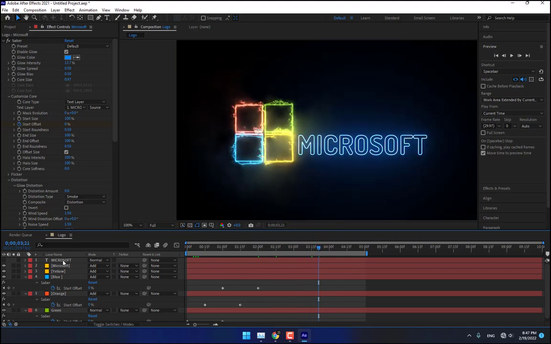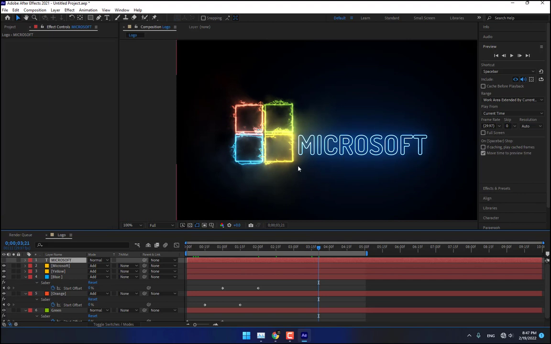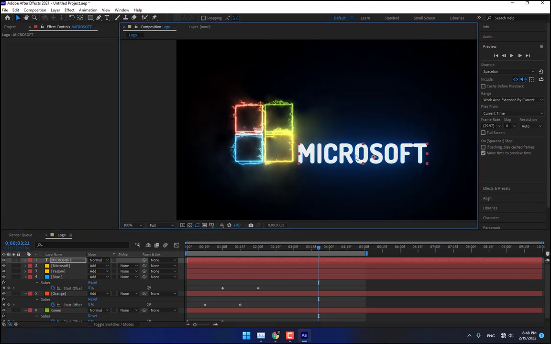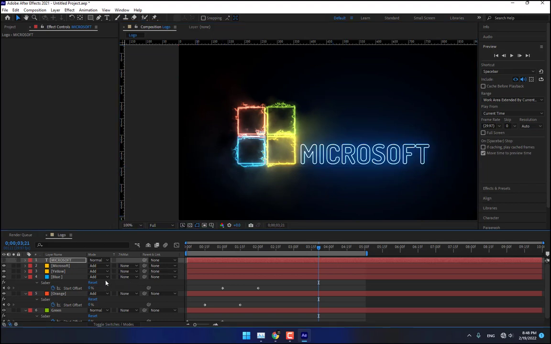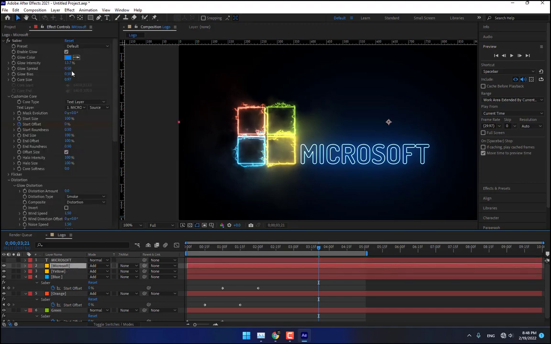That's good. And now turn on text. The logo and the text must in one line. And turn off the text and select the layers